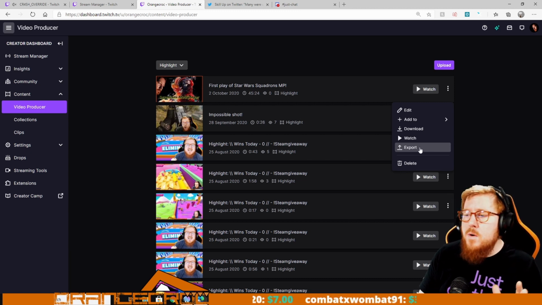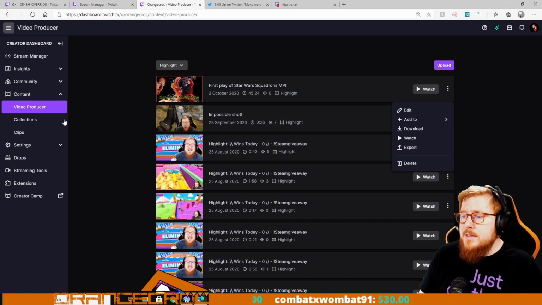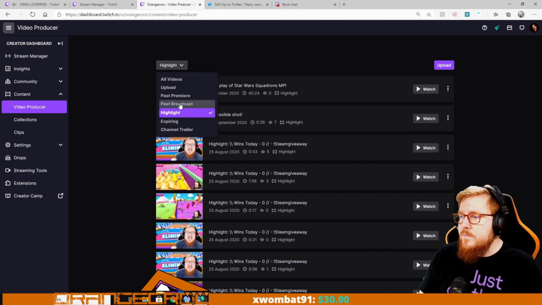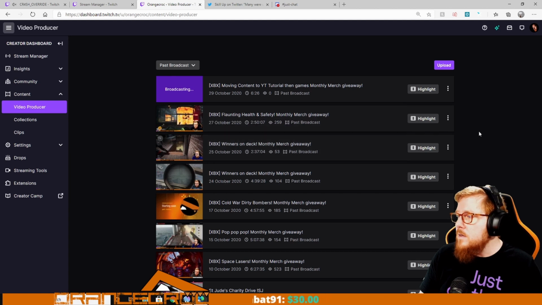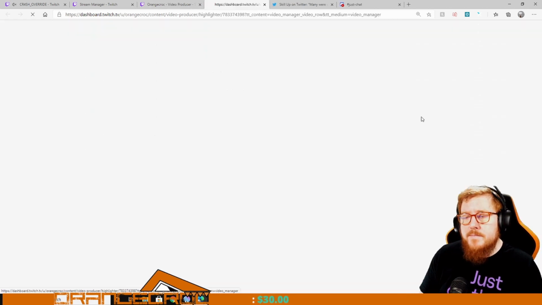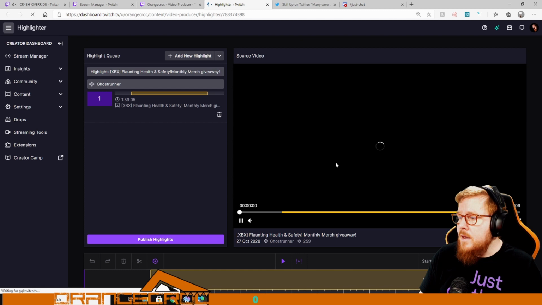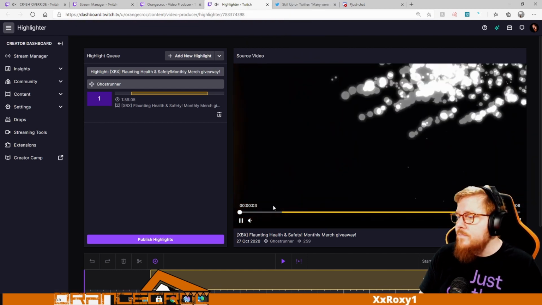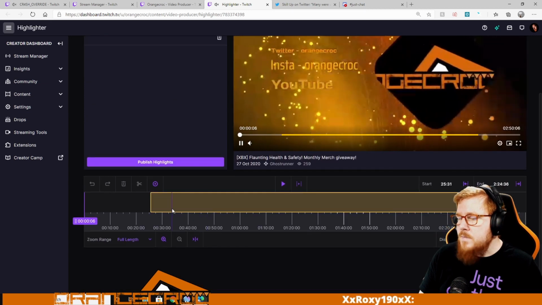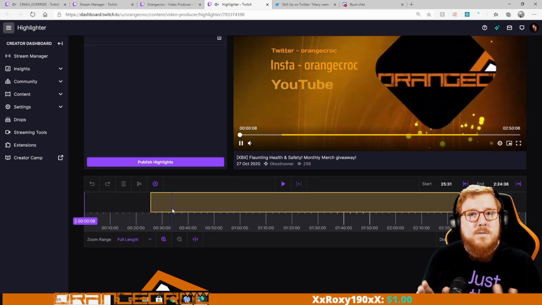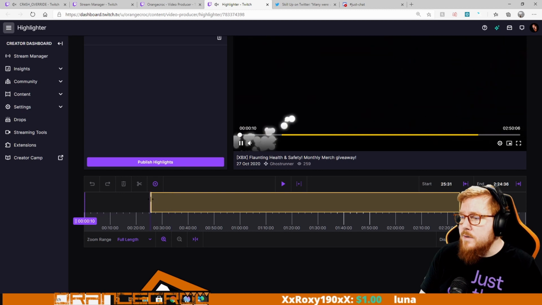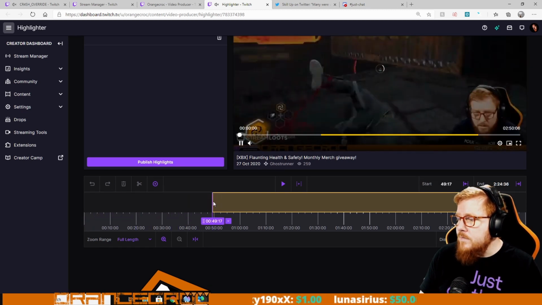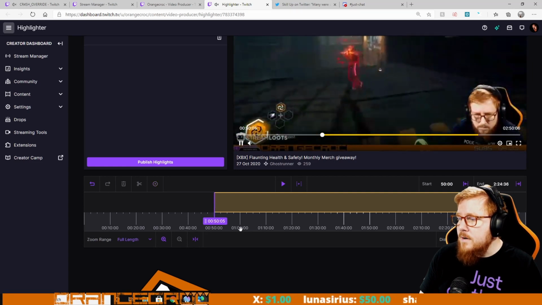So the important thing here is that when you're in your video producer, on your VODs, you can pick a VOD, click the highlight button, just like that, and in the highlights bit, let's mute that, you can select much longer sections of video, much longer than the clips, as long as you want. This yellow section here, you can extend it to where you want the clip to start. So for example, I want it to start on the 50-minute mark on that video,